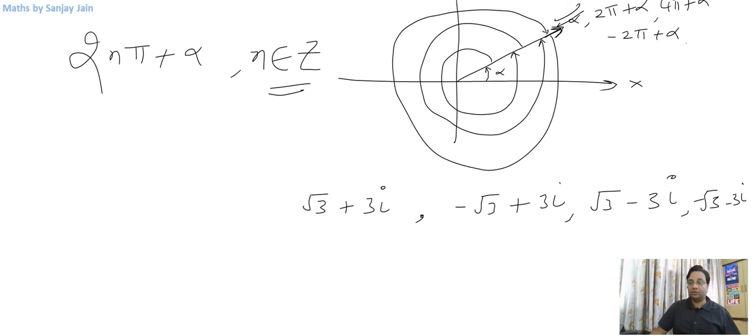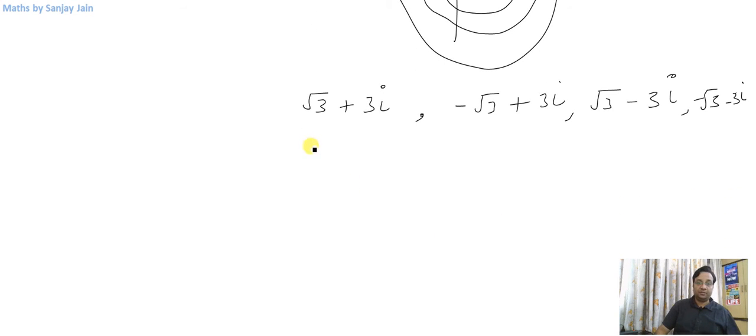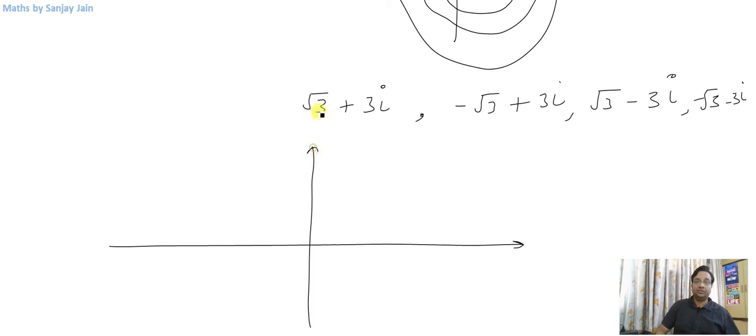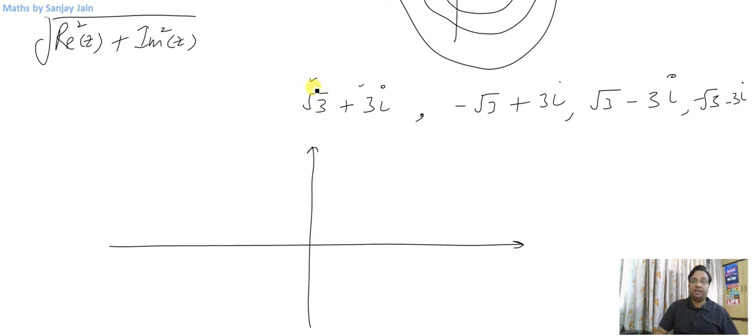So if I consider these 4 complex numbers, we said these complex numbers have got the same magnitude. As we can see, what is magnitude? Real part of complex number squared plus imaginary part of complex number squared, square root. If you see, real part and imaginary part of these complex numbers are same in magnitude. That is, if I square them, they will all become positive, right? So they will give me the same result for the magnitude, which is 2 root 3, right? This is what we found.